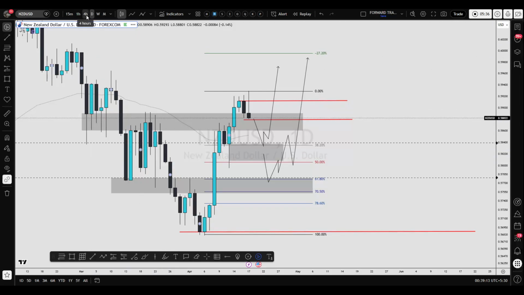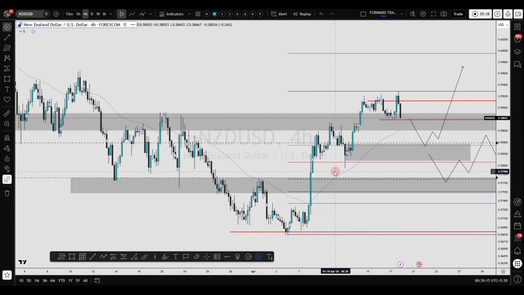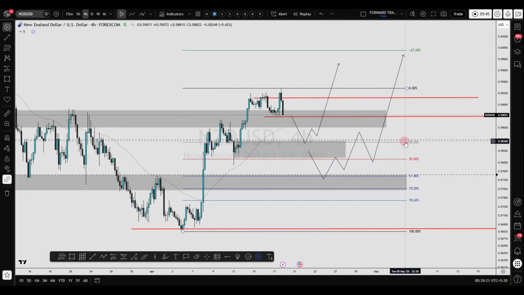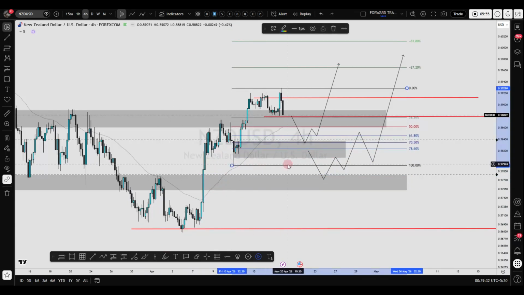So let's see what's going on in 4 hour. Okay, yes, as expected, this is the 4 hour demand area that I have marked. It's perfectly lining up with 38.2. That's why it looks like a really good high probability zone from where we can actually get a long. And if I drop my Fibonacci on the last impulsive move in 4 hour,